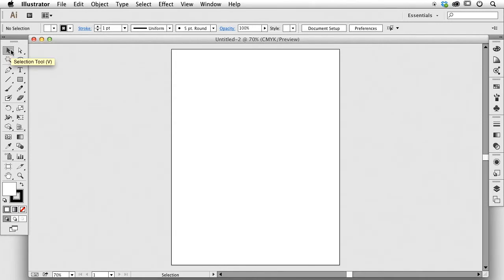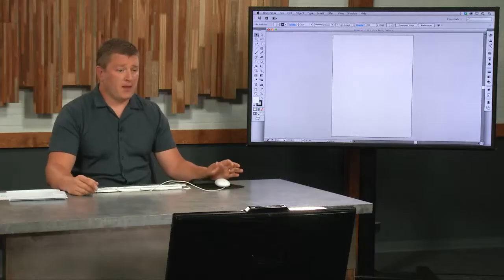And we've got our document. So being able to work through the tools here and have access to the tools, a new feature that just came out in the Creative Cloud 2014 version is this. Now, for